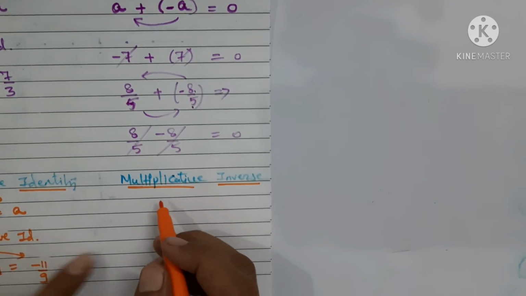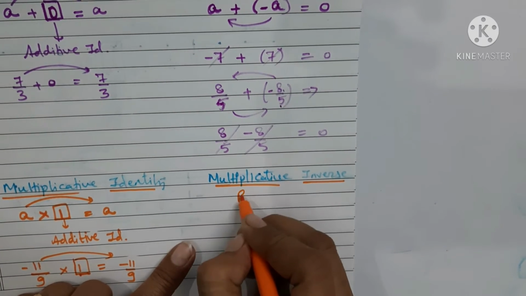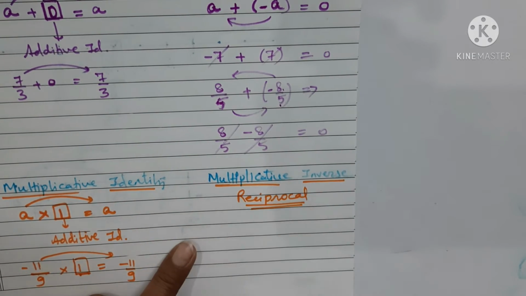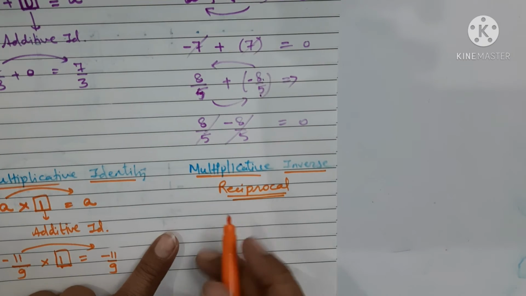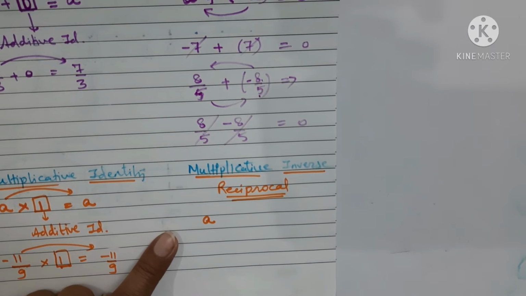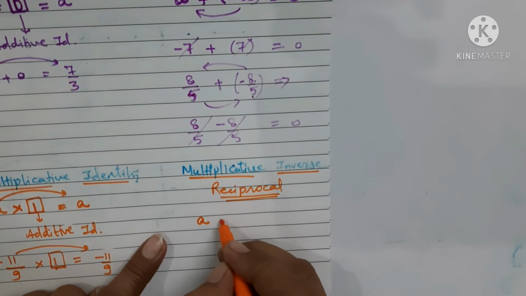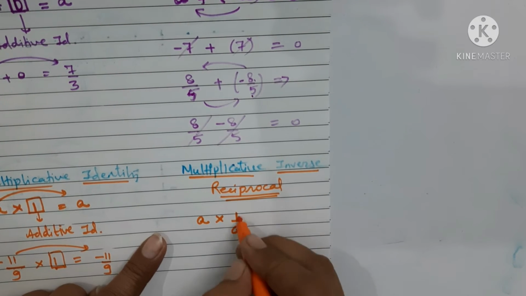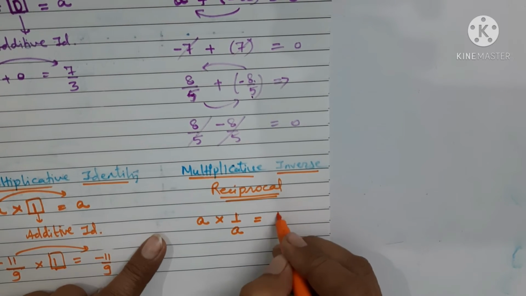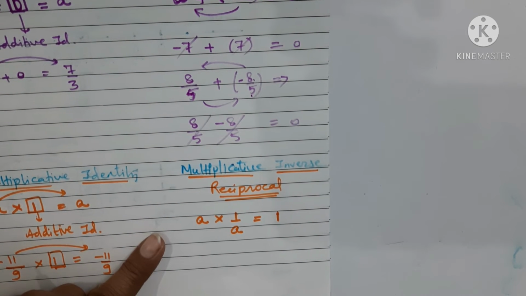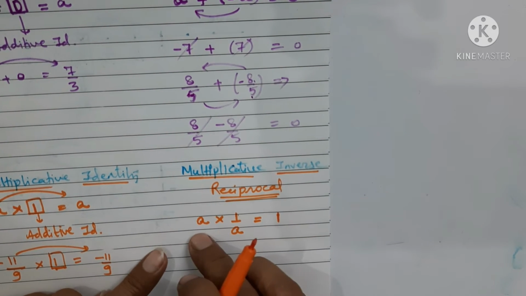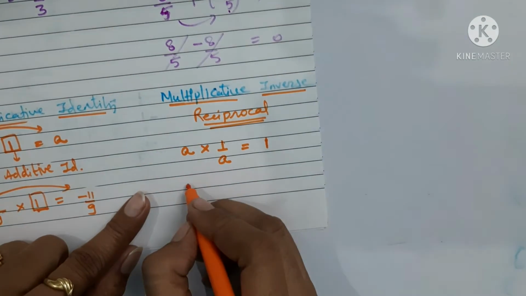What is happening in the case of multiplicative inverse? It is just the reciprocal. So you have the difference. In this case, if you have any rational number a, or any integer a, then you will have another number, 1 upon a, for any a, in such a way that the product is 1. In that case, a is the multiplicative inverse of 1 upon a, or 1 upon a is the multiplicative inverse of a.